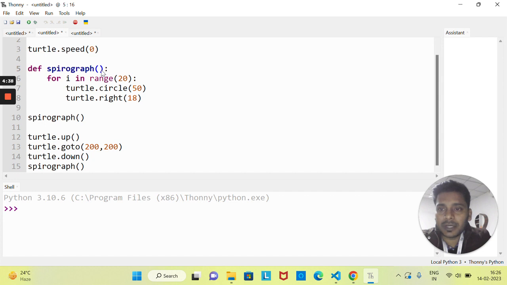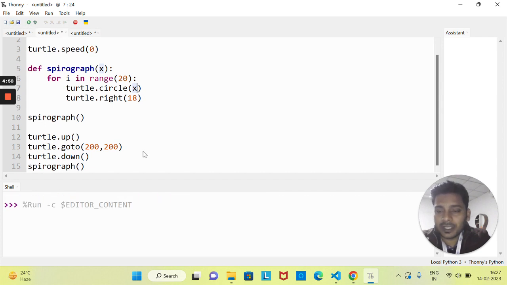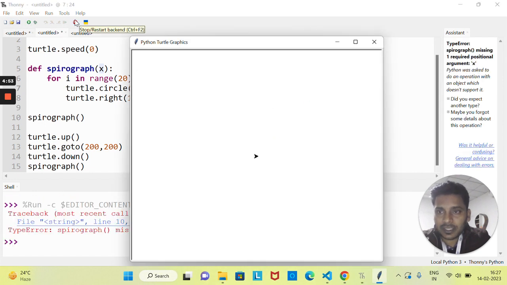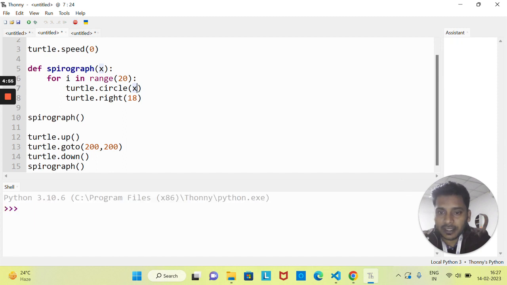In that case, you can pass one argument over here. Let's suppose I'm giving it the name x. You can pass any name. Now, the same name you have to pass over here because I want to pass this argument inside this circle as a radius. Now, let's see if I run this one, it will throw an error. You can see there is an error in the terminal, right? Why are we getting the error? Because now see,